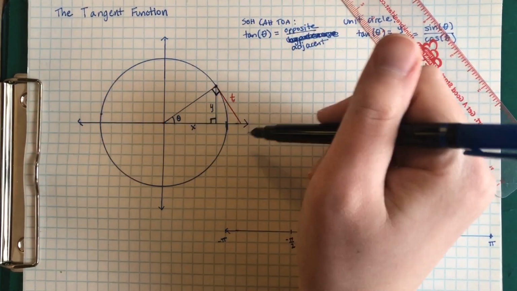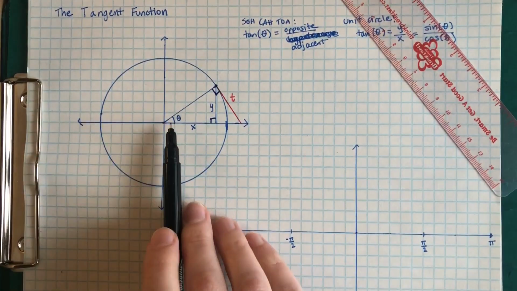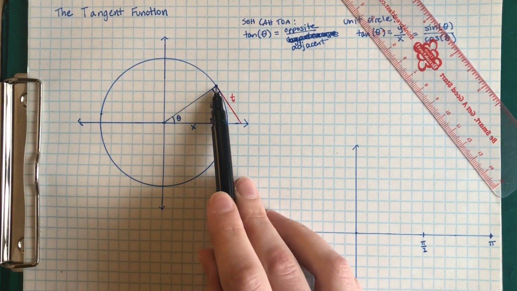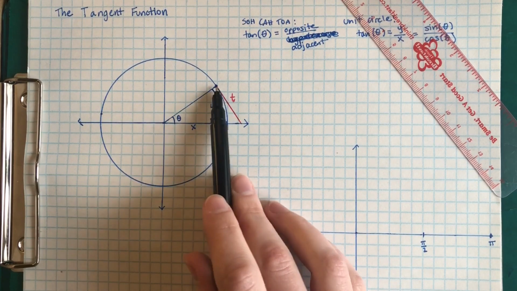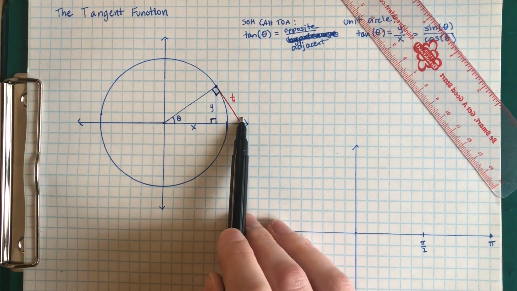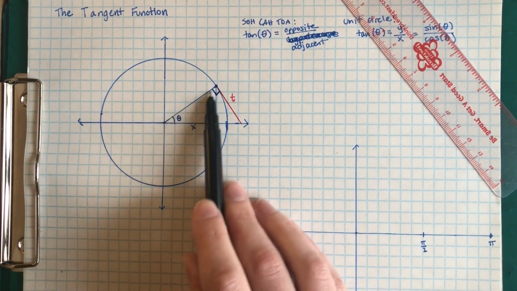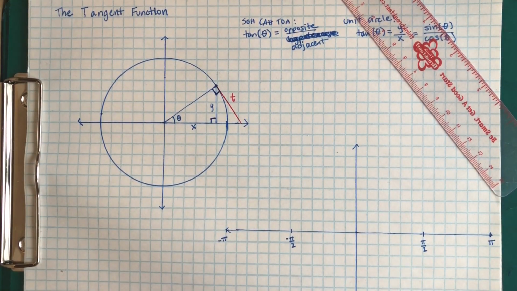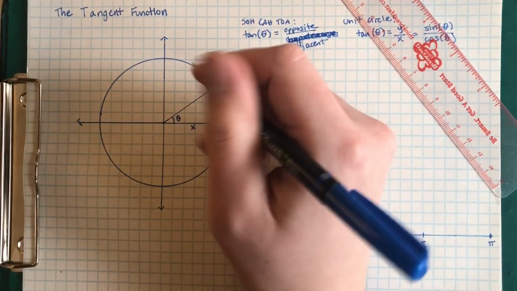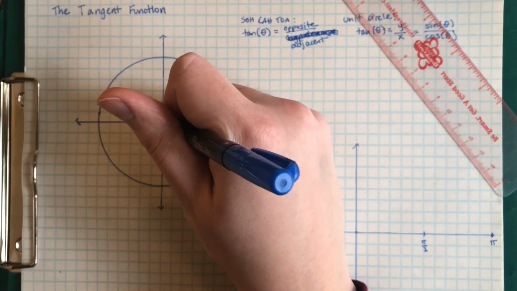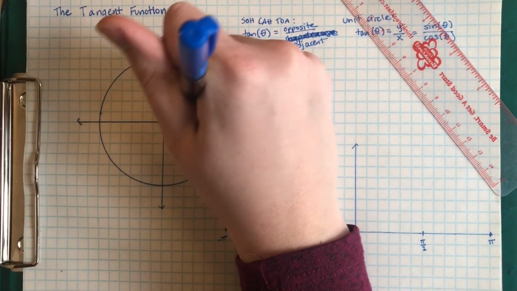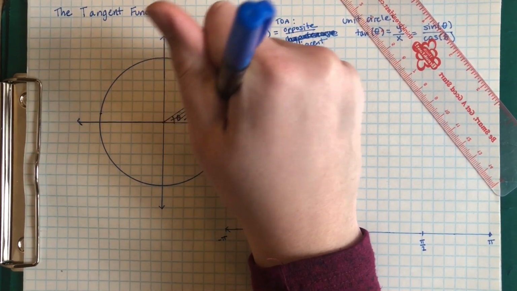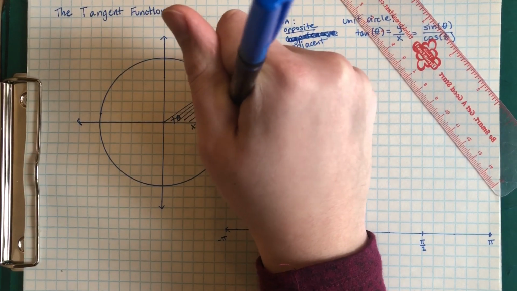And these two triangles have two of the same angles. This angle is the same because it's in the same place. And this is a right angle for this triangle that includes this red side that I've labeled T. And this is a right angle for this triangle. So if we think about this triangle that I'm going to shade in like this,